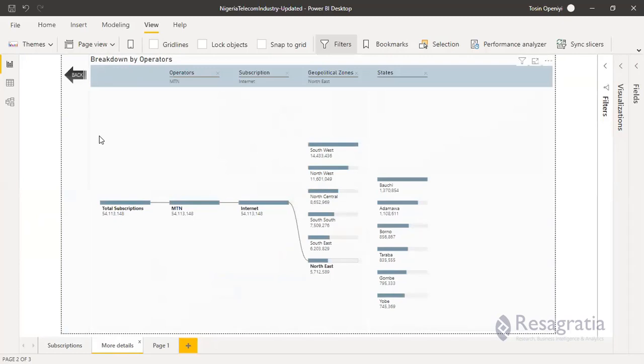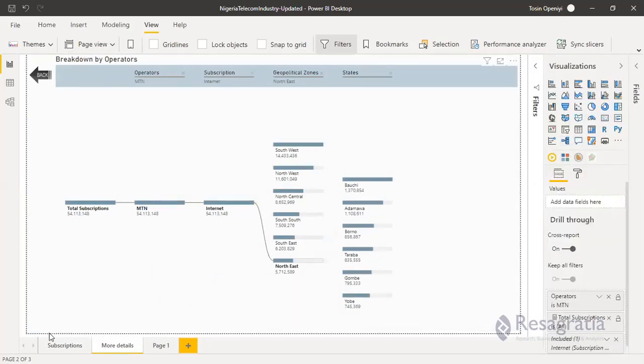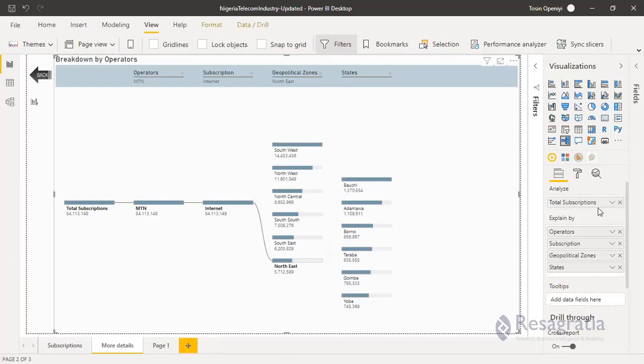The visual we use is the composition tree. What we did was we want to analyze the total subscription. We are analyzing it by operator, which is the first one, then by subscription, that's the second, then by geopolitical zones and states. I think that order makes sense.